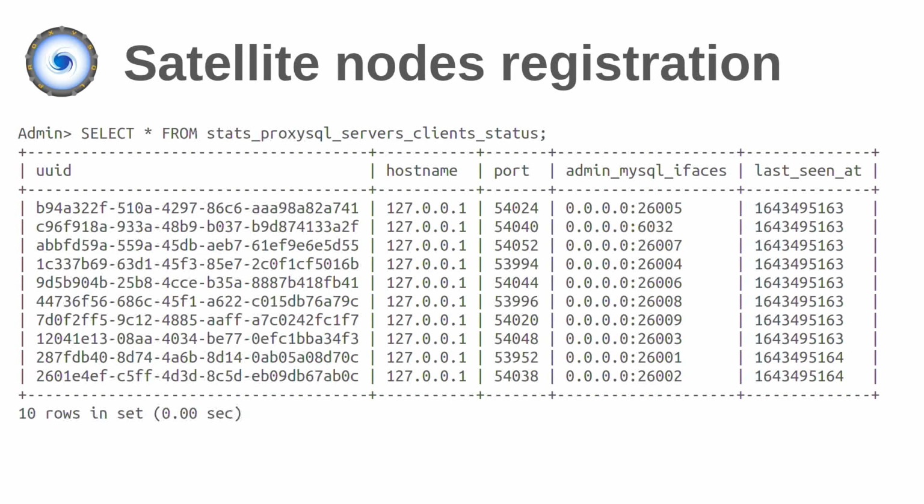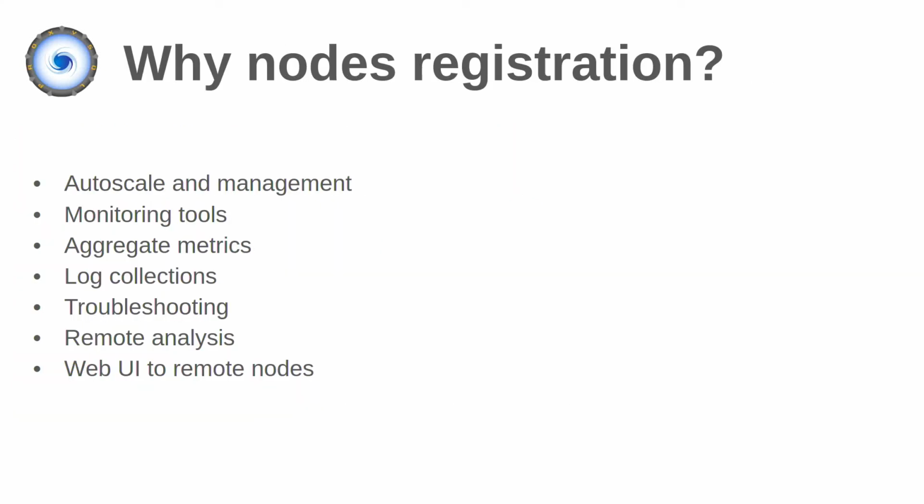Also, in this table you have a column called last seen at. This column is updated every time the client sends a heartbeat. A heartbeat can be anything. It could be just a checksum check or a pulling of configuration. Any type of query executed by the client is counted as a heartbeat. Every time it sends a query, last seen at is updated. So now we know exactly what is part of the cluster.